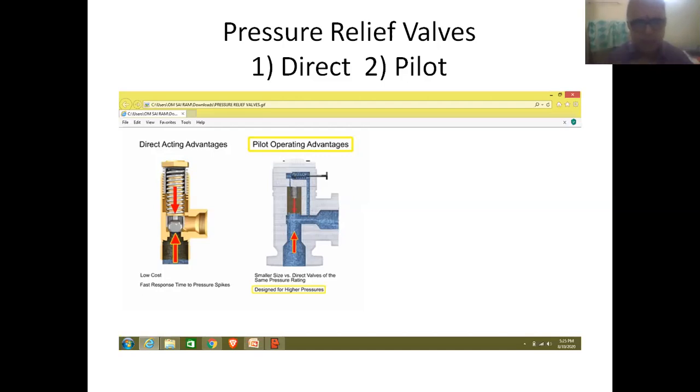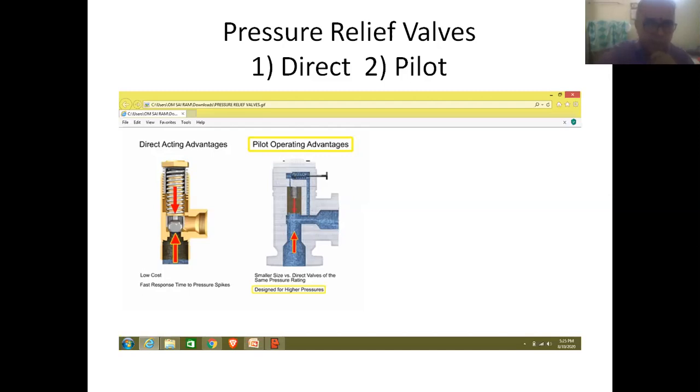So friends, under abnormal conditions, the element of the relief valve will move in upward direction, and the valve will come to open position, and as a result, excess fluid will be going back into the reservoir. Under very abnormal conditions, that extra fluid will be entering the pilot valve through the branch pipeline.